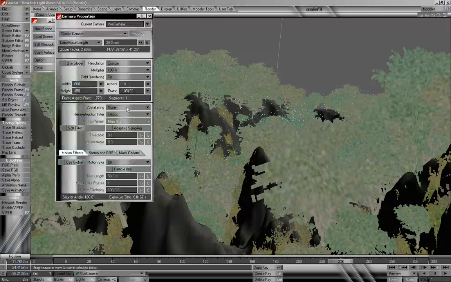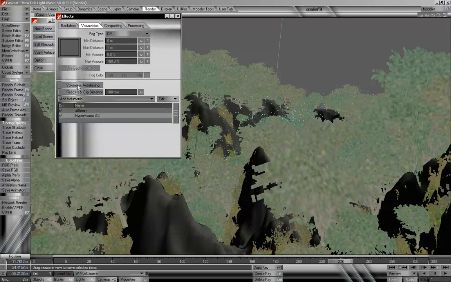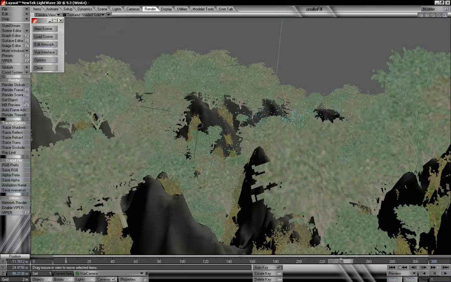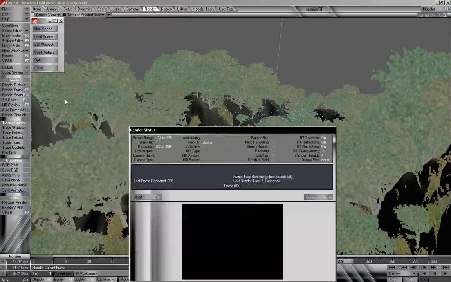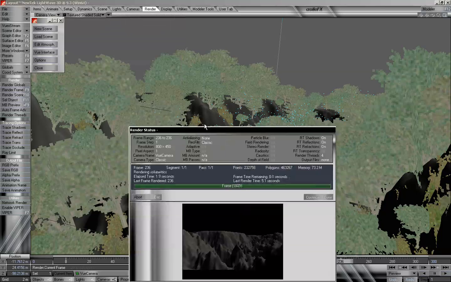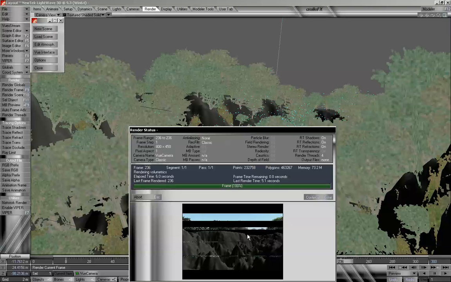We'll take a look at the camera. We see that anti-aliasing is off. We want to make sure that it currently is, and that volumetric anti-aliasing is off because we do not need those to process at this point. So we'll render out a frame, and then we can take a look at how it looks so far. Actually right now we can tell that our terrain needs to be removed and dissolved, so I'm just going to abort that render,